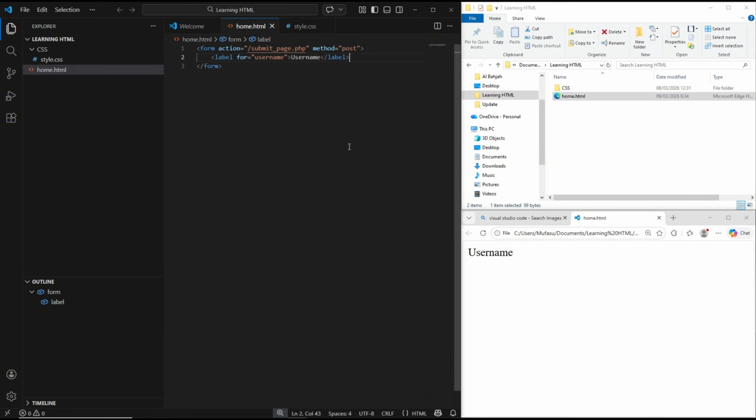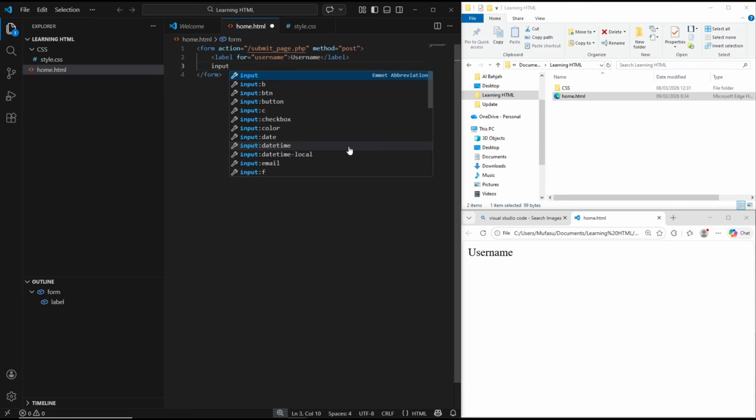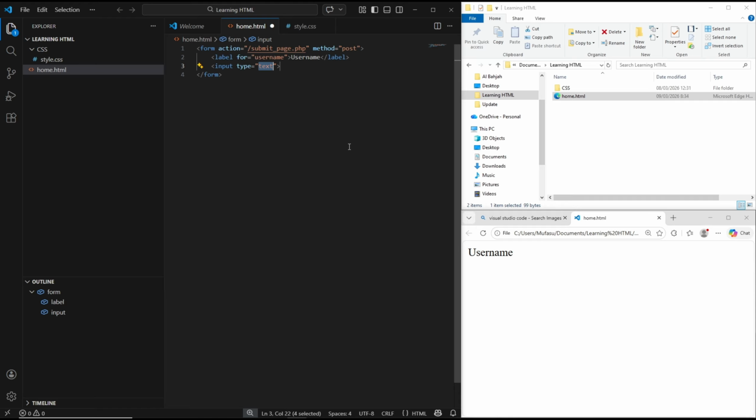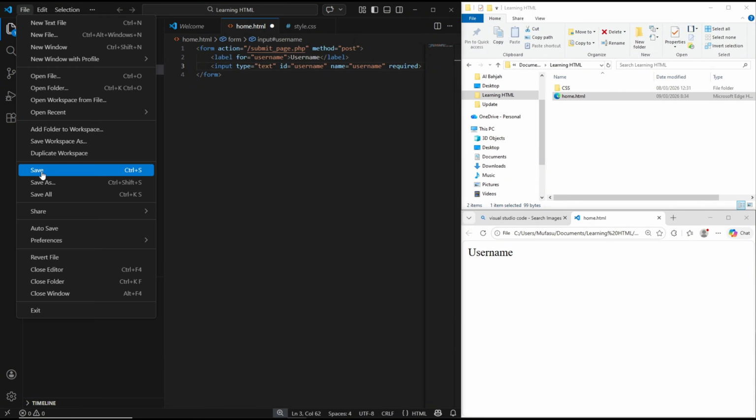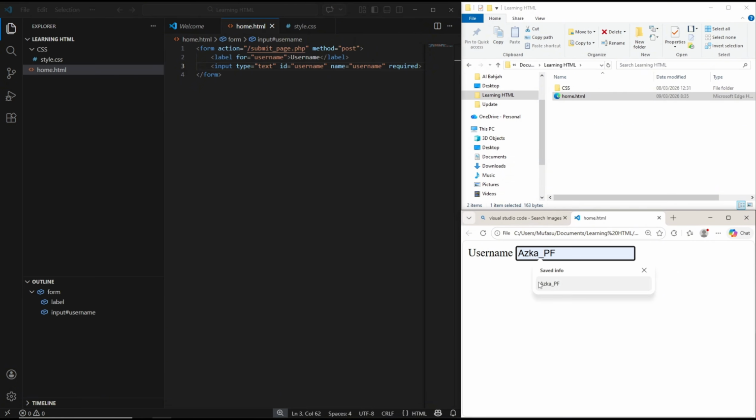The next, we can create the input column. You can type input, type into text, and don't forget to set the ID, the username, also the name into username, and in here you can type required. Okay, you can click save to view. So we have this column,